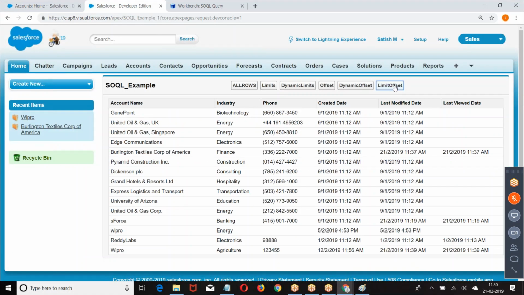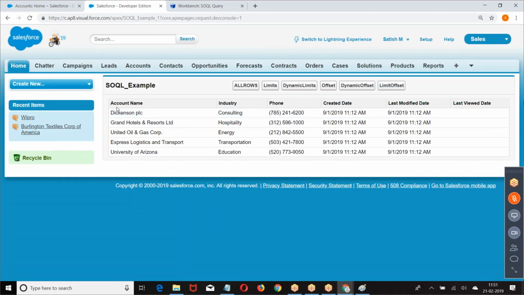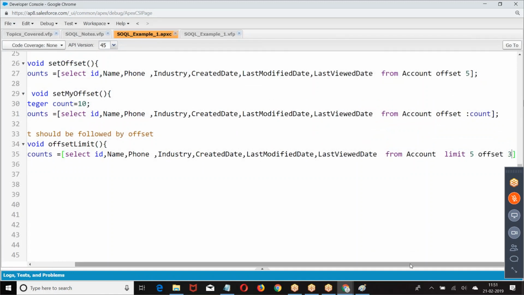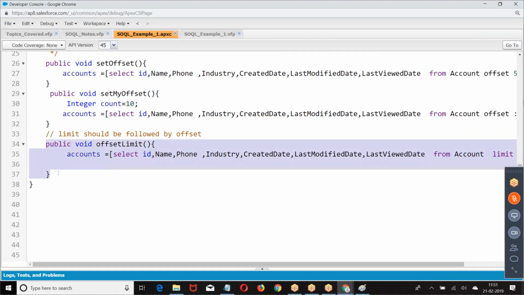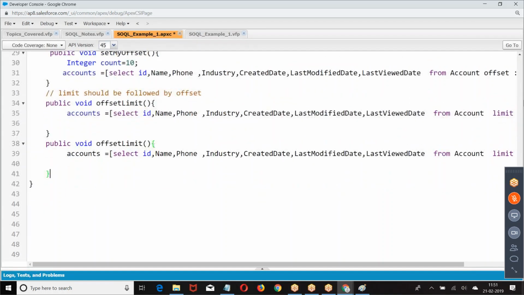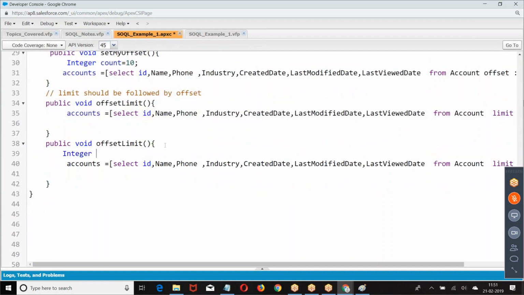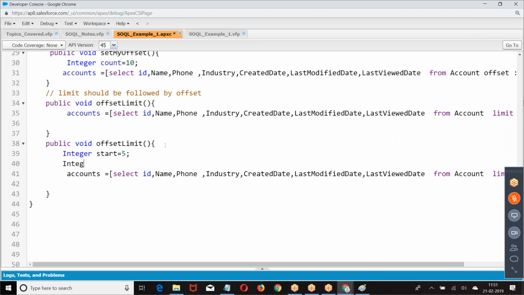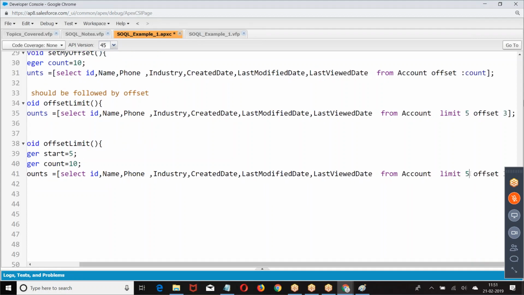Limit offset. So from third position, give me 5 records. Limit followed by offset. You can make both of them dynamic, in the sense I want to take some index values. I'm giving count.